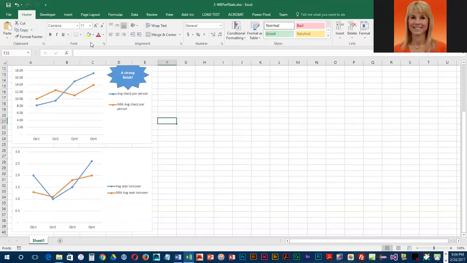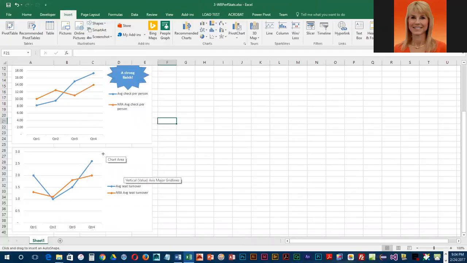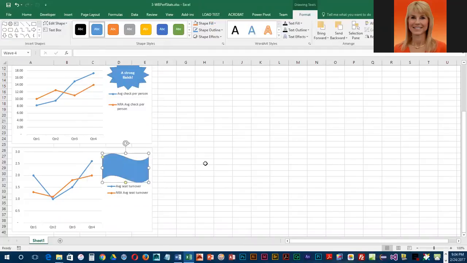So we're going to click away, go into Insert and Shapes. And for this second one, we want the wave. It should be the second to the last under Stars and Banners. And again, we're going to drag right in our chart. And they want a width of 1.5. And then right in that shape, we're going to key in border 4, 30% above NRA